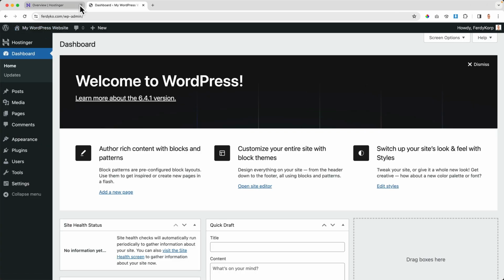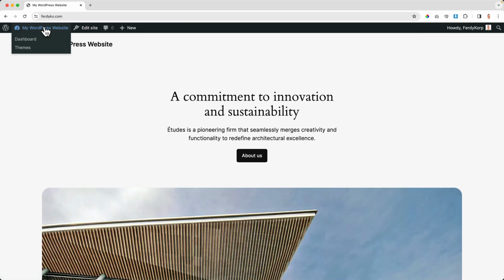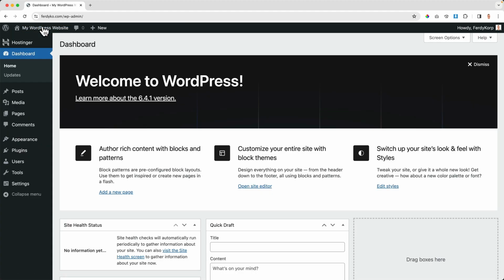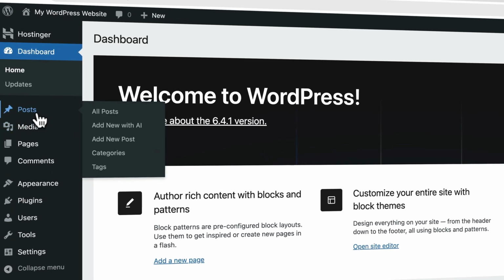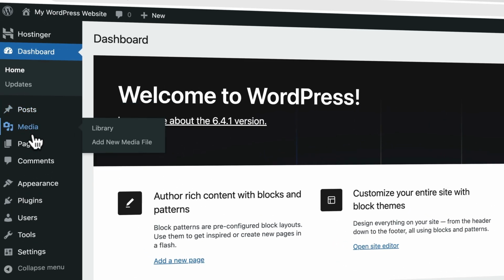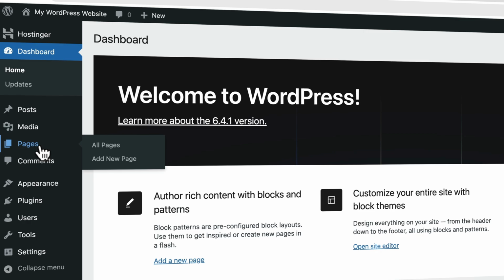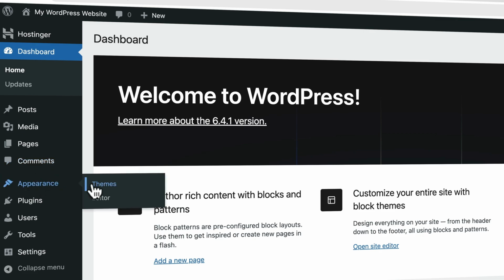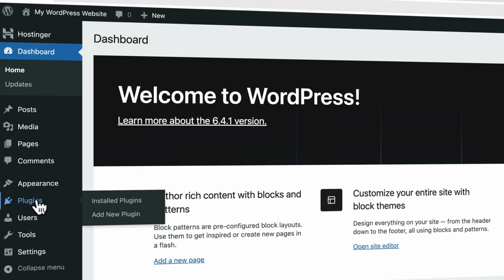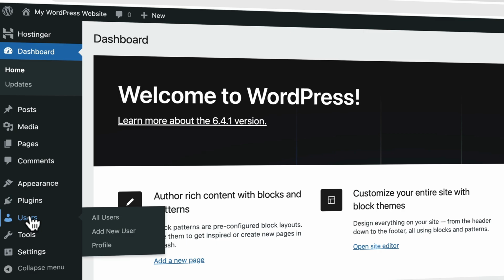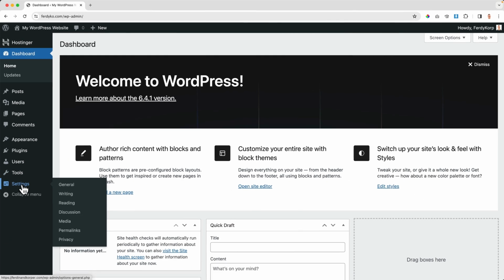So now I want to close the other two tabs. This is the back end of our website. This is the front end. On the back end of our website, we can adjust our website. We can create blog posts, we can add videos, images, PDFs. We can create the homepage, the contact page, the About Us page. We can moderate comments when people have a comment on a blog post or a product we have. We can change the look and feel of our website with themes. We can add extra functionalities to our website. We can add other users that can do things for us on our website. There are WordPress tools and there are settings. So you've installed WordPress on your website. Congratulations with that. This is not an in-depth WordPress tutorial.